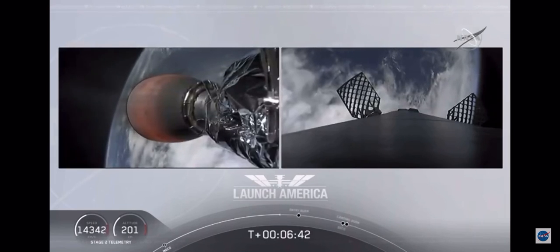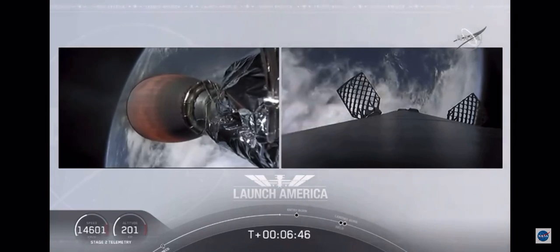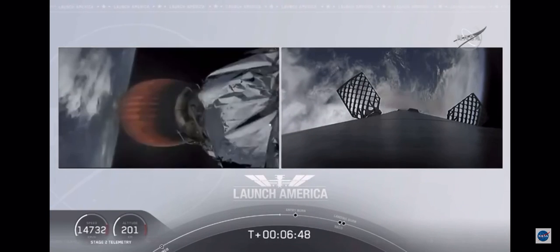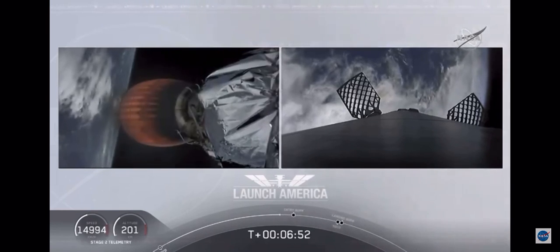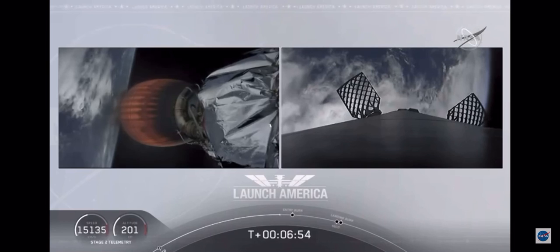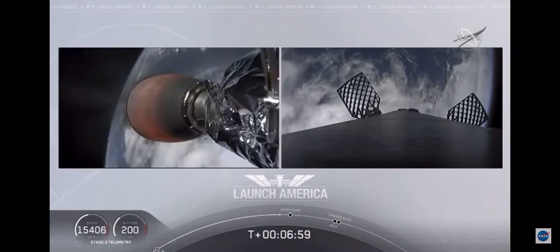Stage 2 propulsion is still good. A little over 3 minutes until Dragon physically separates from the second stage of the Falcon 9 after the upper stage gets a chance. Dragon SpaceX nominal trajectory. Dragon copies. Nominal trajectory. Continuing to